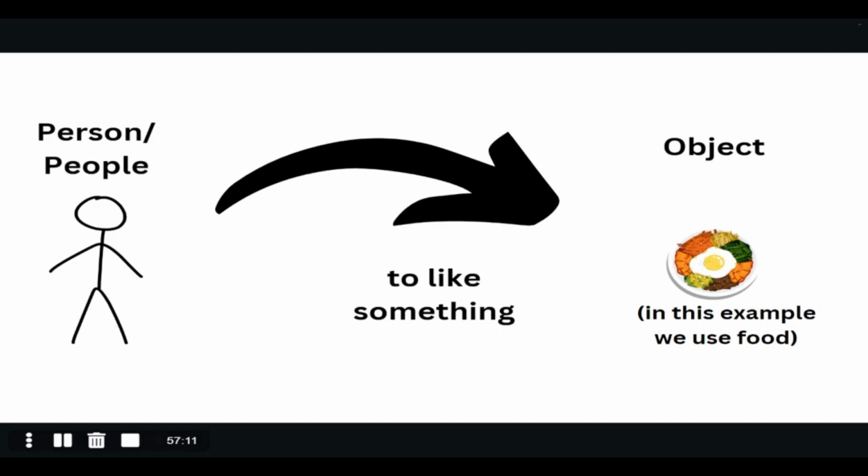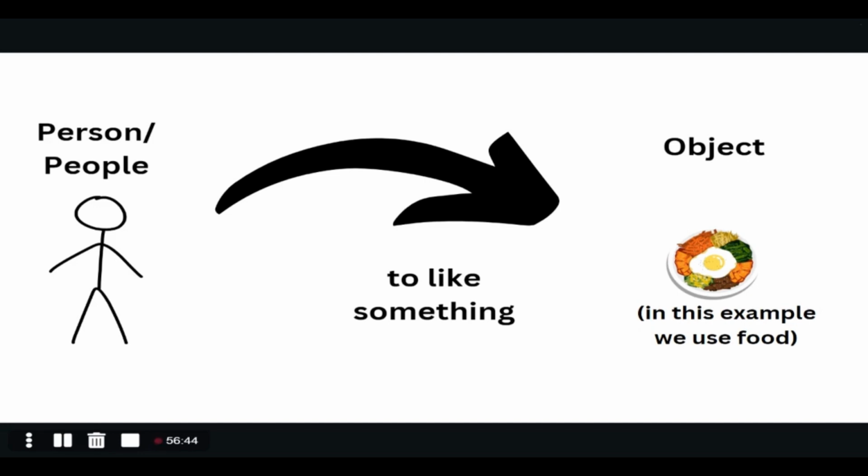Now, the object in this example, we're using food. And now we have this arrow pointing. So I'm going to explain the concept of how we work in regards to our verbs and our objects in English. So for the sentence, I like food, when we say that in English,